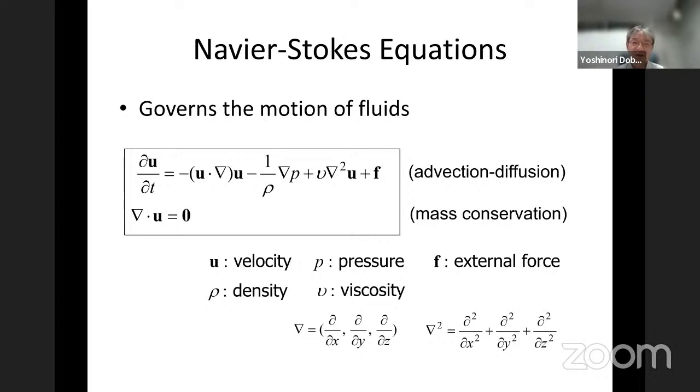We are mostly interested in the incompressible Navier-Stokes equations, which consist of two partial differential equations. The first is the equation of motion, and the second is the mass conservation condition. By solving these equations numerically, we can obtain the velocity of the fluid, and also the